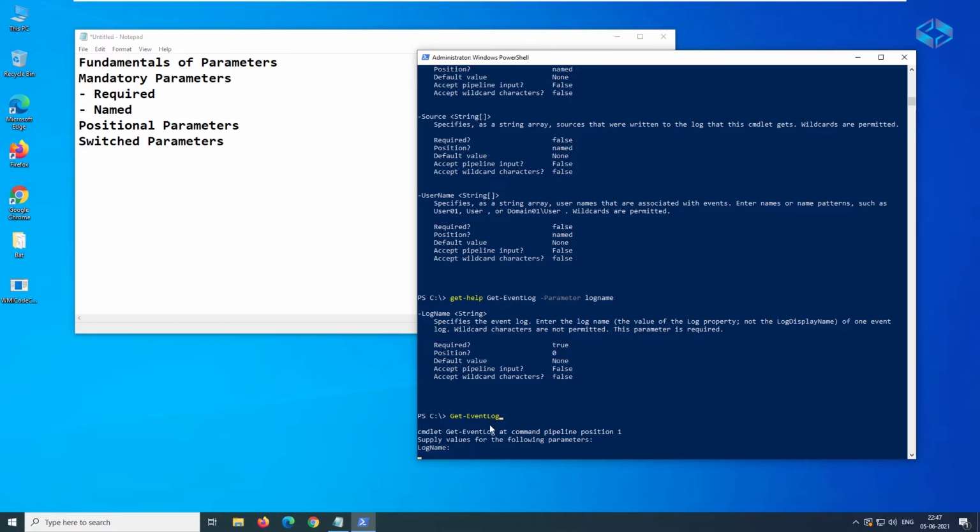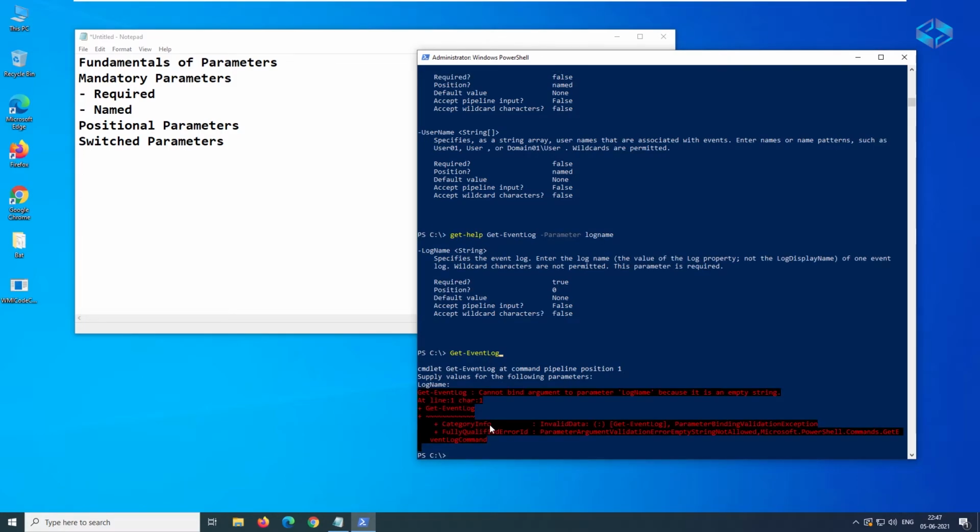And here, if you need to pass the information, because this is true and position is 0 and default value is none, right? In this case, it's a position 0 and it's a required field.